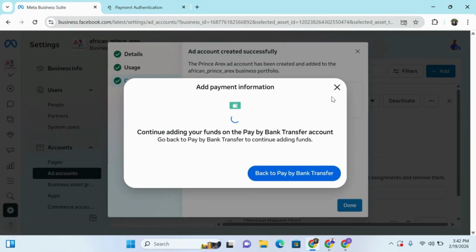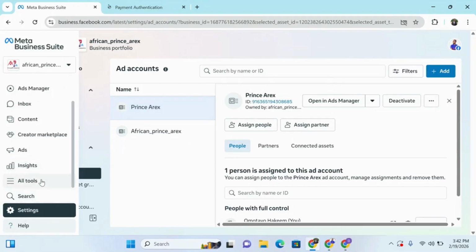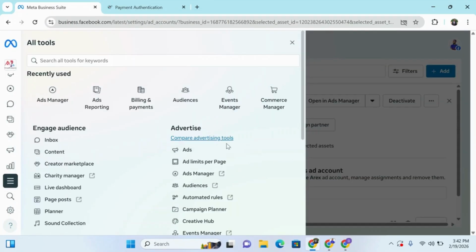So this is the account details that you are opening for me. So for you that you have done that, let's assume you have already created your own account. You can see it here. If you want to check your ad account, you go to all tools. Once you go to all tools, then go to ad manager. Once you get to ad manager, ad manager is where you are going to be seeing